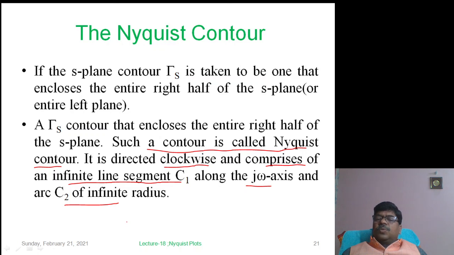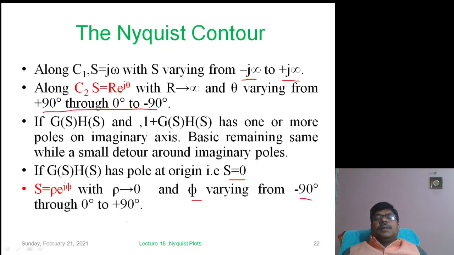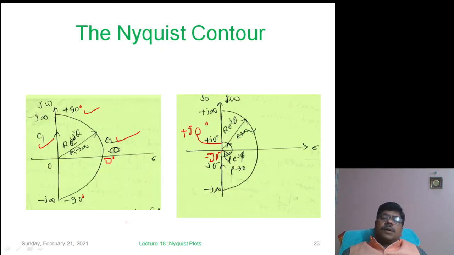going from open loop to closed loop means 1 plus GSHS is added, so now the origin has shifted. The critical point has shifted from 0 to minus 1 plus j0. That is the important point, minus 1 plus j0, and it defines the system stability. Whether the system will be stable or unstable will be decided by the critical point. This way we can see with the help of an example why the Nyquist plot is drawn.